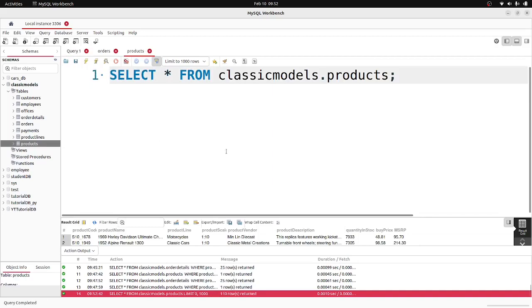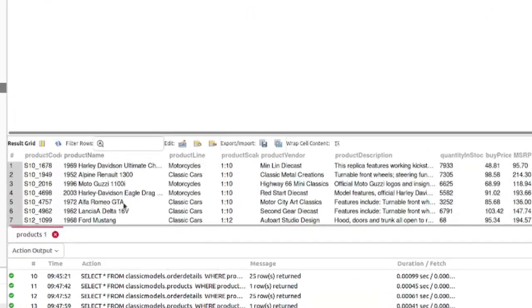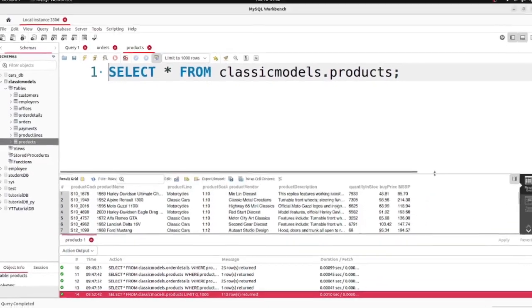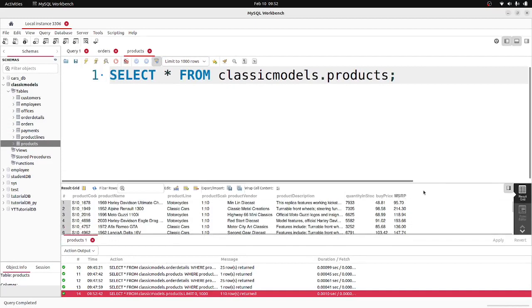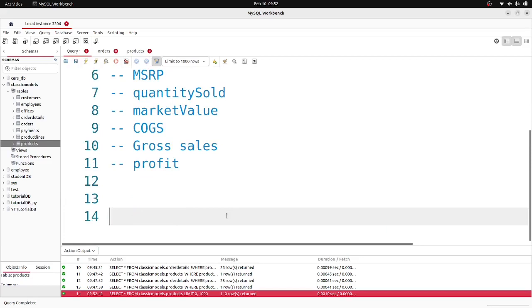So open it up, and you can see here we have the product code, the product name, and all that information that we want: the quantity in stock, the buy price, and all that information. The MSRP is all in the production table. So let's go ahead and start from the product table. So I'm going to go ahead and select,